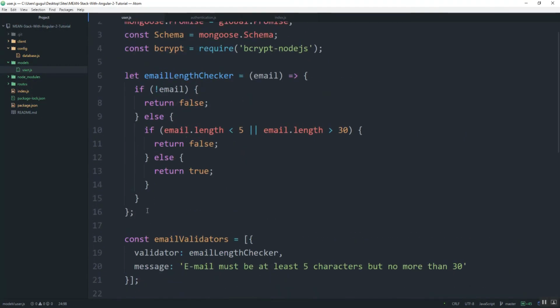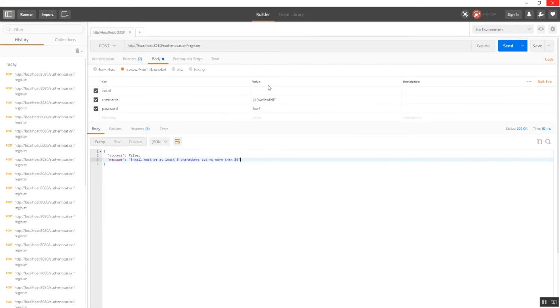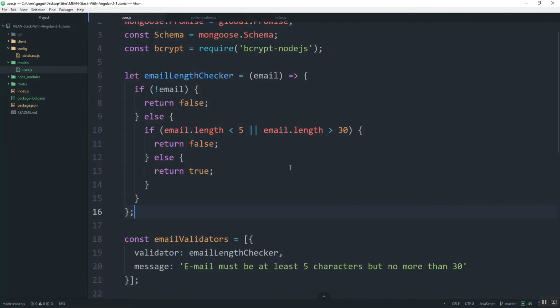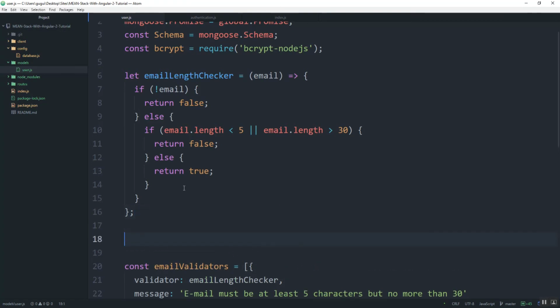I'm going to add one other validation. Now, the one that I want to add, basically, if you type in just something that's not a valid email and you hit send, it saves the user, and we don't want that. We want only valid emails to get through. So I'm going to create another one, and I'm going to say valid email checker. Same thing, pass in the email,